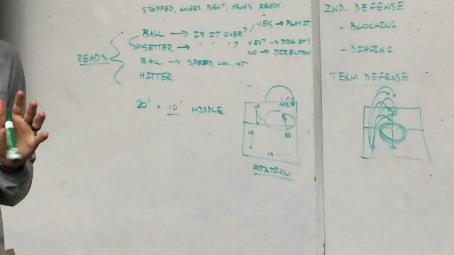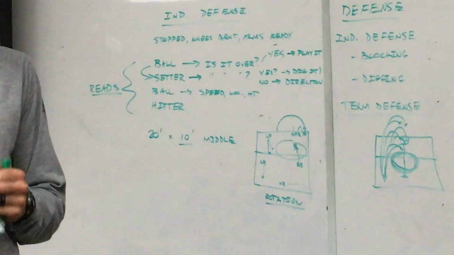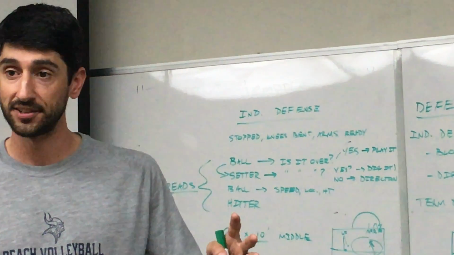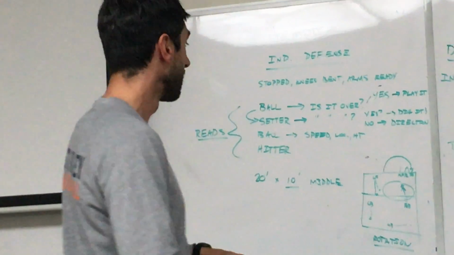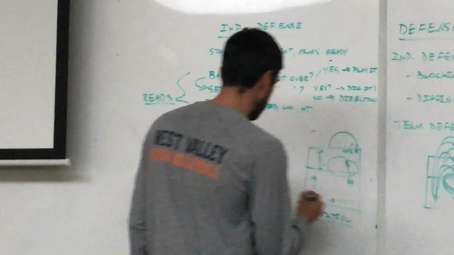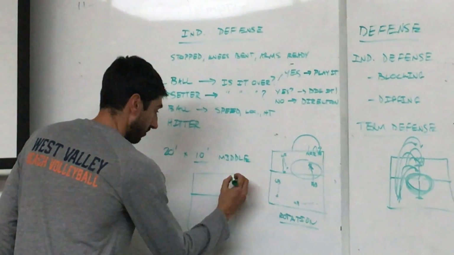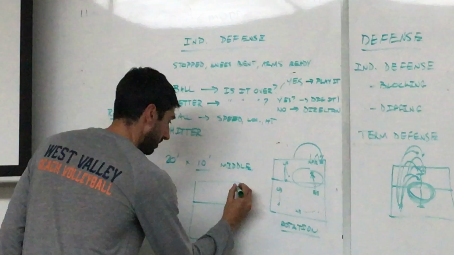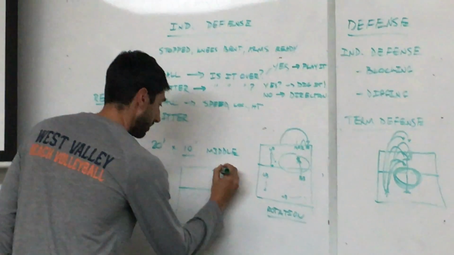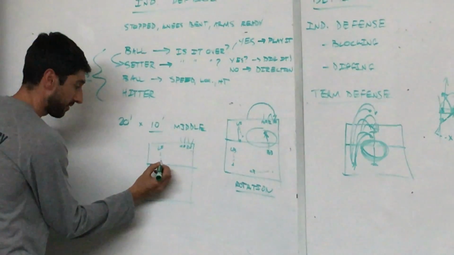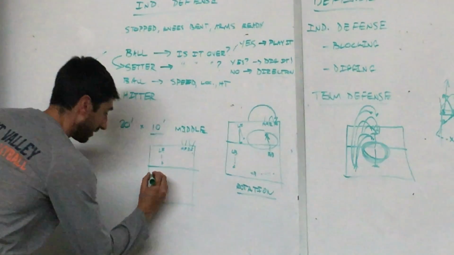What was it easier to do? Was it easier to read standing still, or was it easier to read moving? Standing still. So when we play a perimeter defense, right, we've got right front, middle front, left front, they move a little bit off, 3 steps. Left back,